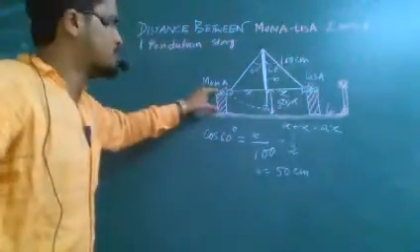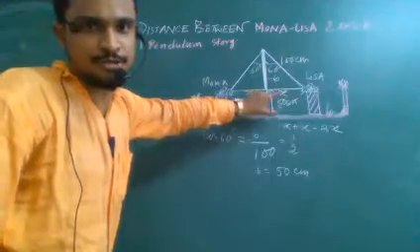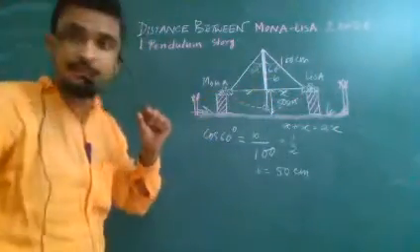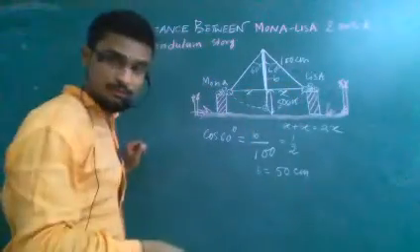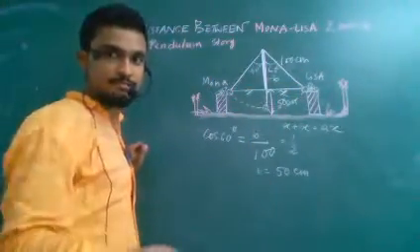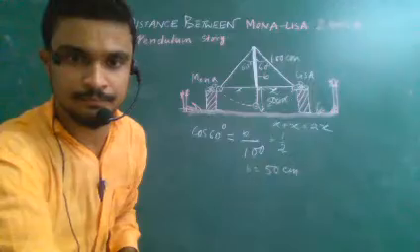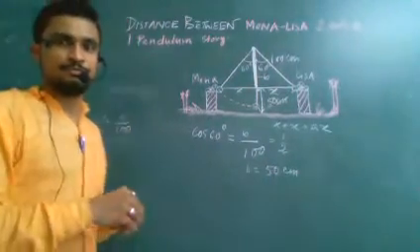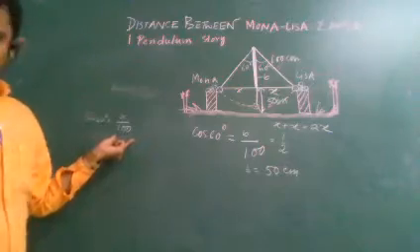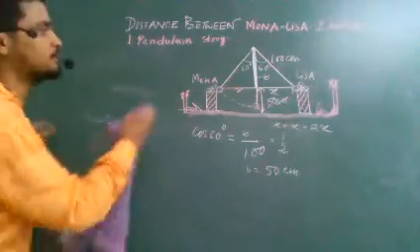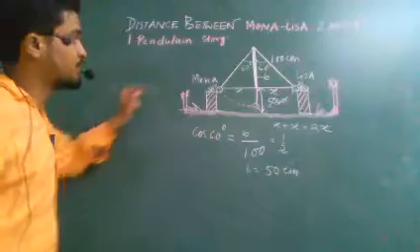As you know, mgh is converted into half mv square, so there should be some height. That height is 50 centimeter. Now you have to find this distance. Then what should be the next step? We can take sin 60 equals x by 100. Better you take tan 60, sorry, if you take tan 60,